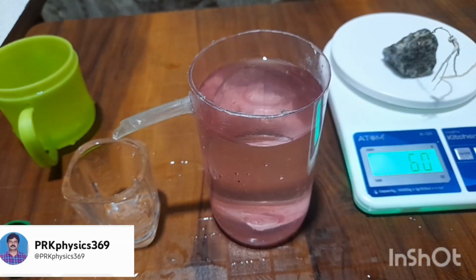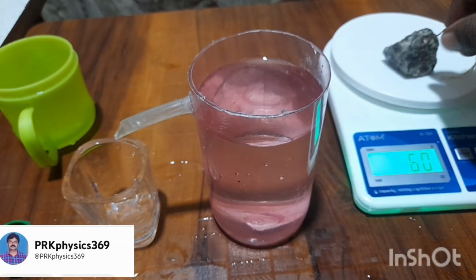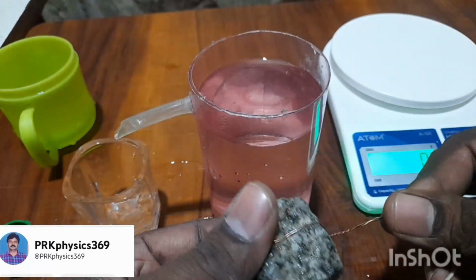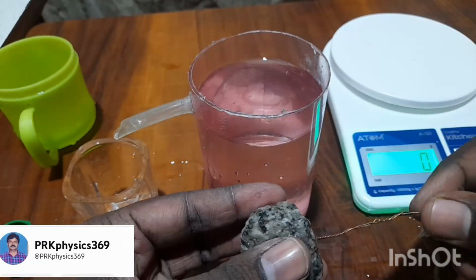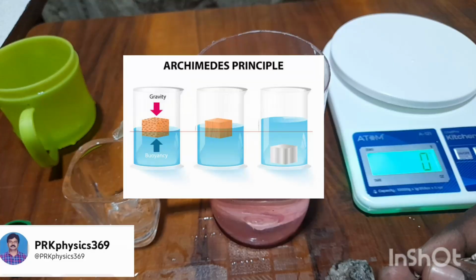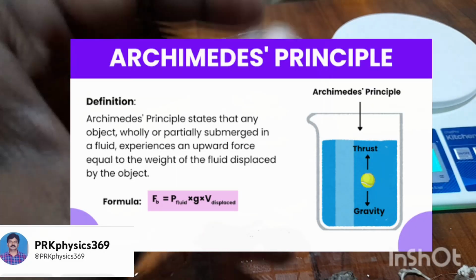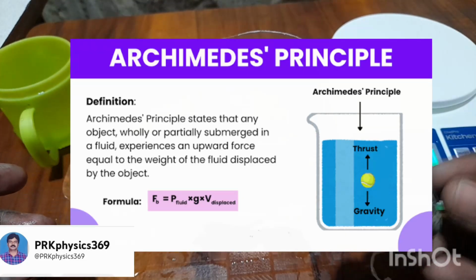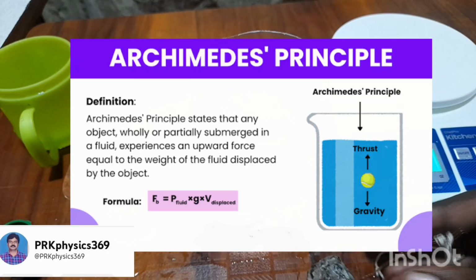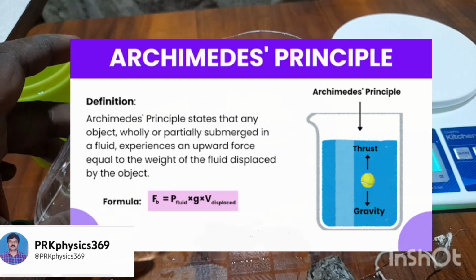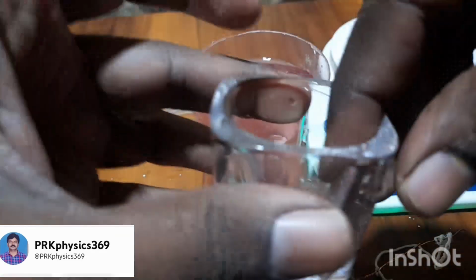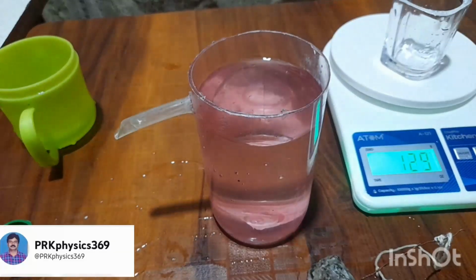When I place this rock into the water, there is a buoyant force, right? To measure the buoyant force, based on Archimedes' principle, which states that the weight of the water displaced by this rock is equal to the buoyant force, I need to measure the weight of the water only. For that I am going to consider this